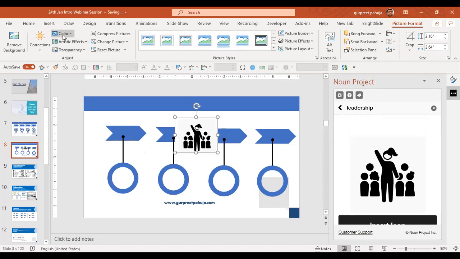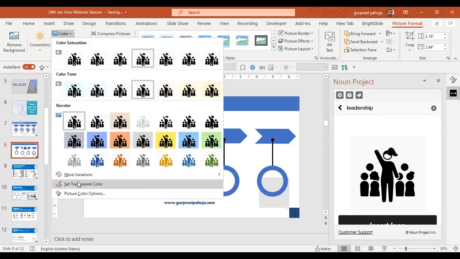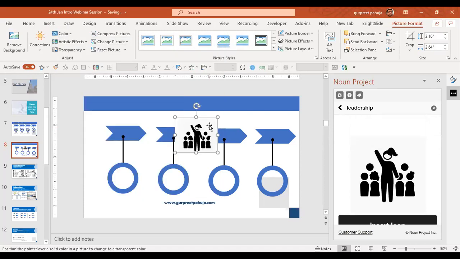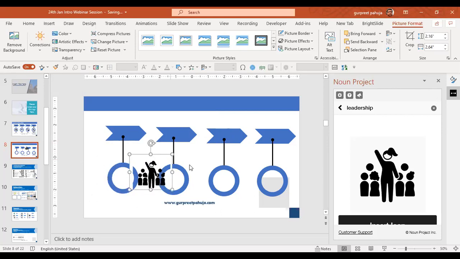Then I will go to Color and choose Set Transparent Color. If you see, it has become transparent. There are some white lines coming, so we can crop that. Go to the crop option.